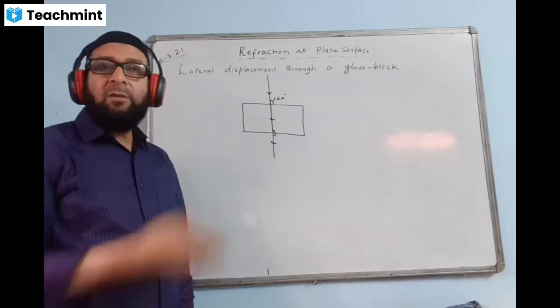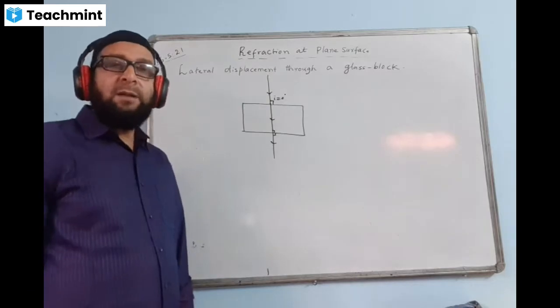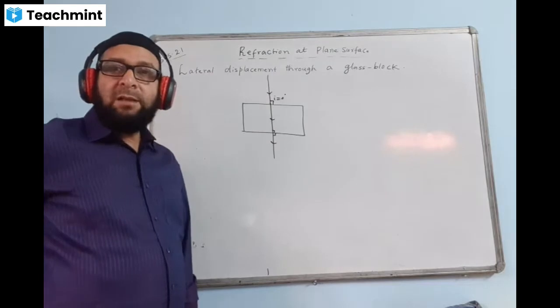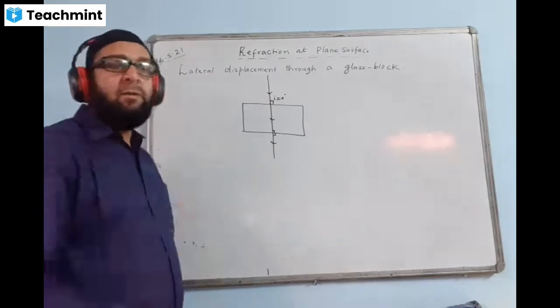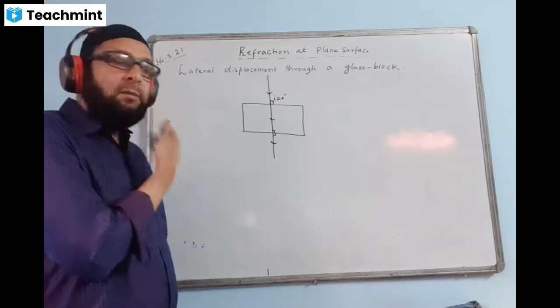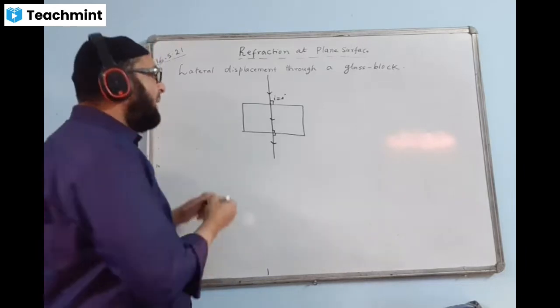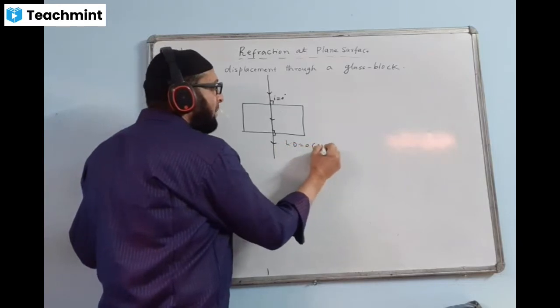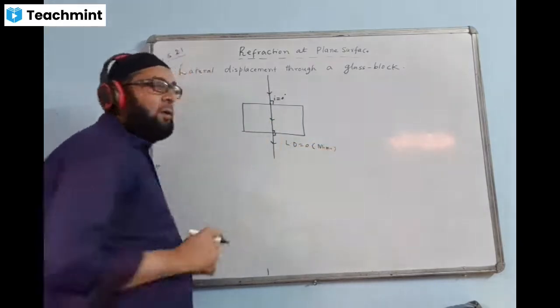Yes or no? I think you know this case now. When the ray of light passes the surface normally, refraction does not take place, and hence lateral displacement also will not be there. So lateral displacement will be 0 here. Done. This is minimum. This time the LD value is 0, that means minimum here. This is the diagram we will draw.